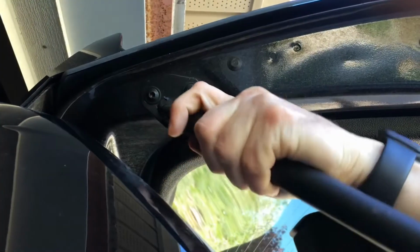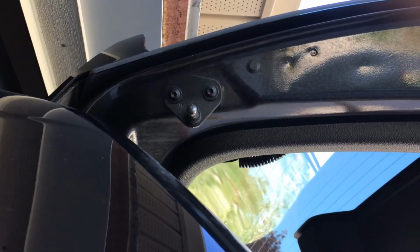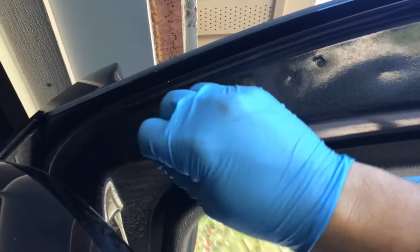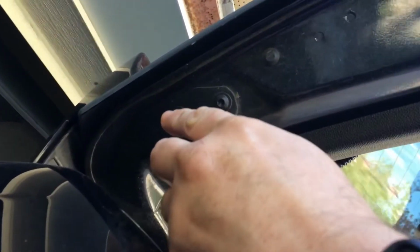And now to the other side, all you have to do is just kind of pull it out of that ball right there. Once again, you want to grease up that little ball. And once you grease up the ball right there, you grease the top and the bottom, you just simply push it in, it snaps right into place. It's a really easy install,